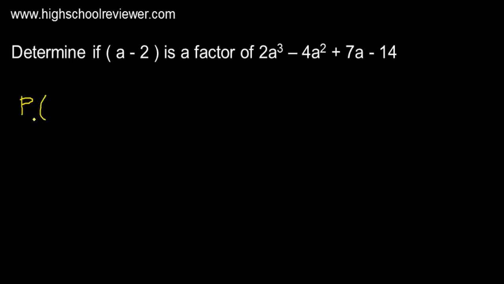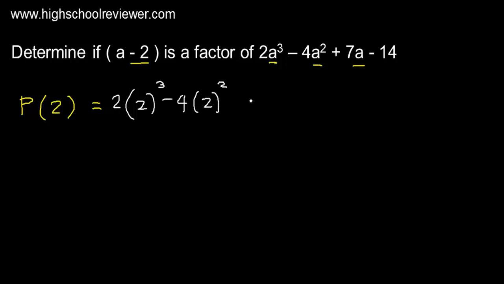For our process, we will have here p, and we are going to put inside the parentheses the opposite sign of negative 2. This will be positive 2. And then we are going to substitute 2 to all the values of a for our polynomial. Let us now substitute. So we will have here 2 instead of a, this will be positive 2 raised to the power of 3 minus 4 multiplied by, instead of a, positive 2 raised to the power of 2 plus 7, instead of a, that will be positive 2